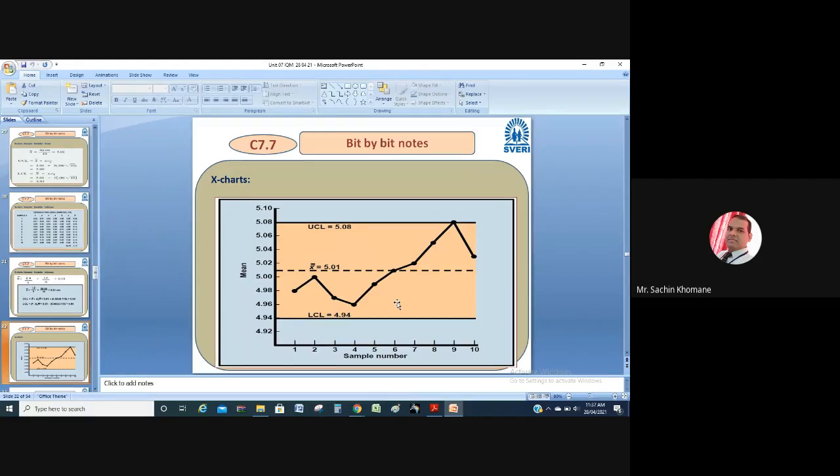Mean values are with you. Sample numbers 1 to 10 are with you. Now just draw the graph and see the trend. It is already there on the screen, so draw the same things on your paper. Let us see whether you are getting the same chart or not. So friend, this is an X chart. In this way, we can draw the X chart. Shewhart is the philosopher who developed this control chart, the X chart.